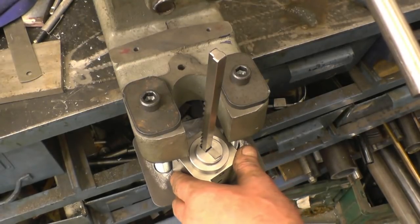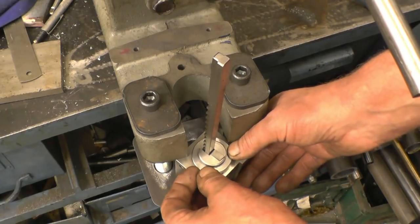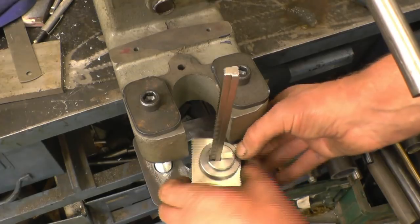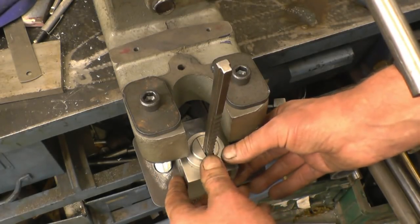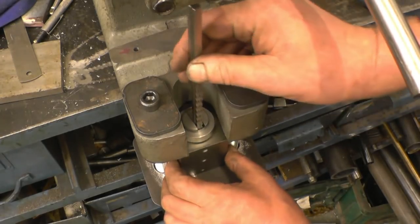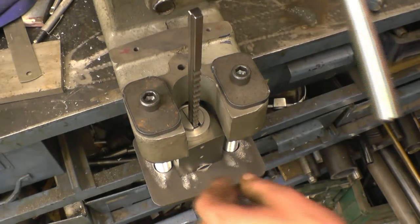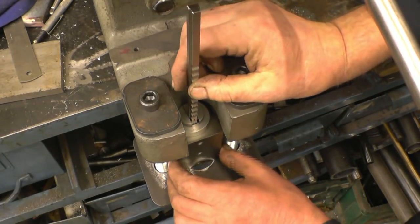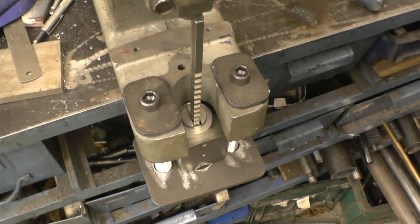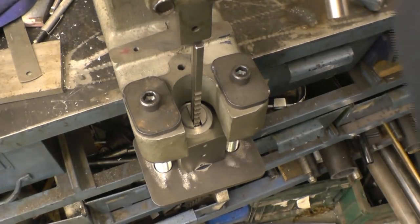Right, I've found a suitable spacer just to pack the bush up onto. That's the bush we're trying to broach out. That's the broach guide we made. There's a little shim there behind the broach, and that's the teeth head that's actually going to do the cutting. So that simply goes there underneath the press. The press comes down. That pushes the broach down through the